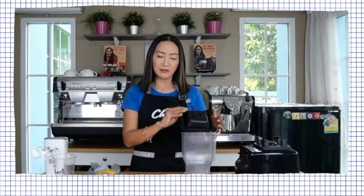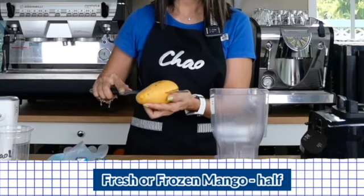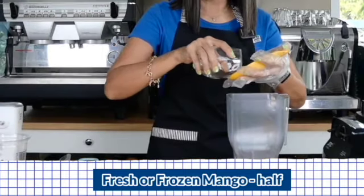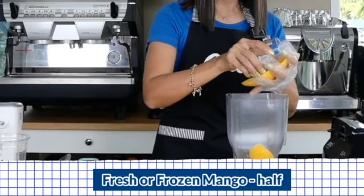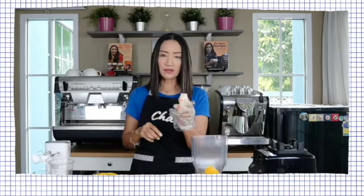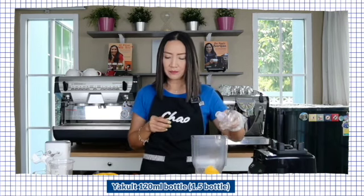And now for our main event, we are going to make our mango Yakult smoothie. If you have a large mango like I have here, all you need is really 1/2. This bottle is 80 ml, so if you have a larger one, just use about 80 ml of your Yakult into there. And then my sugar syrup